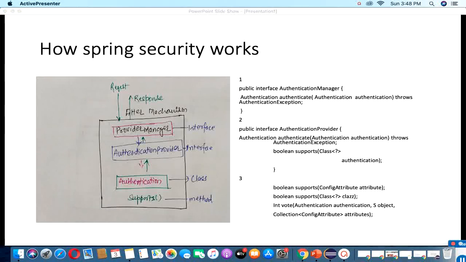Let's understand Spring security configuration in Spring Boot. This is the very high level diagram which represents Spring Boot security, and these are all the related classes and interfaces which are responsible for managing Spring Boot security. Once a request comes with certain credentials like username and password, first it will be sent to